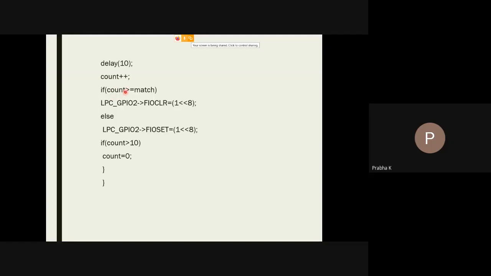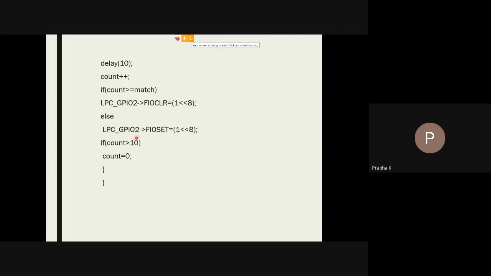If the count value is less than the match value, your driver IC will enable the motor to run using this command, LPC_GPIO2->FIOSET. It is setting pin number 8 of port 2, which is connected to the enable pin of the driver IC. Ultimately, the driver is enabled, and the motor also starts rotating.